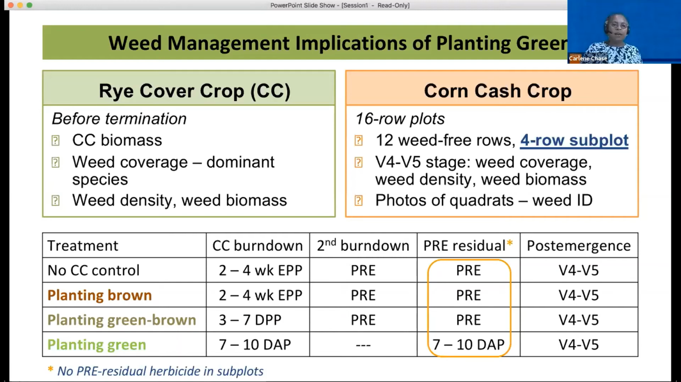We want to be able to understand what the primary weeds occurring in the rye are at that time and how many weeds we have. We'll be taking those measurements within quadrats. Then,